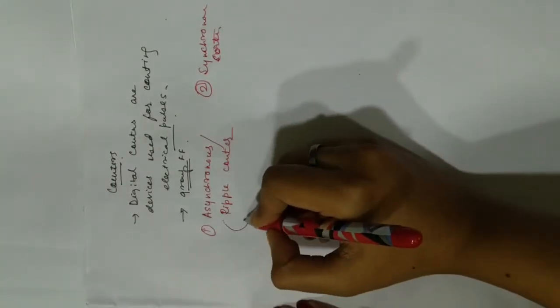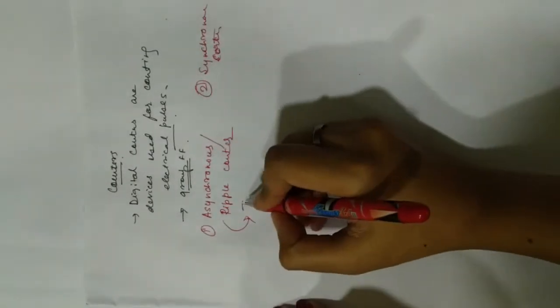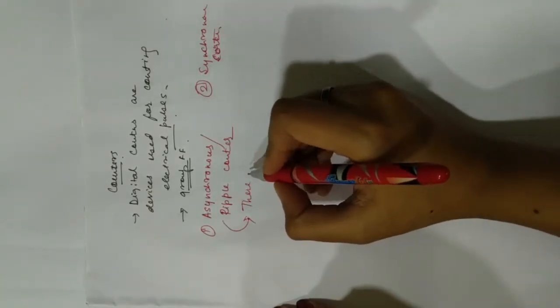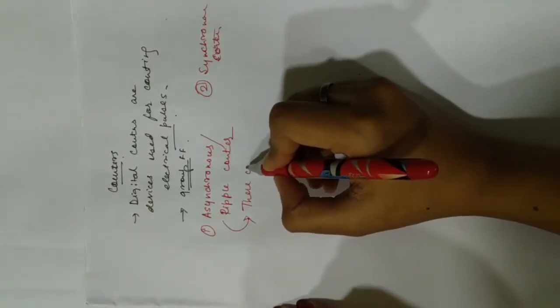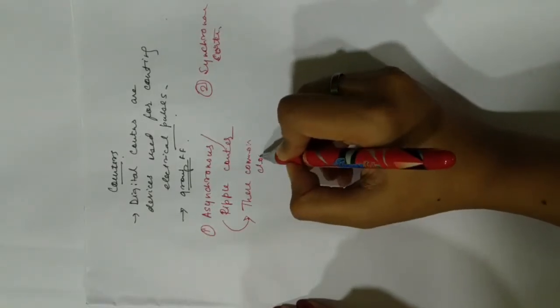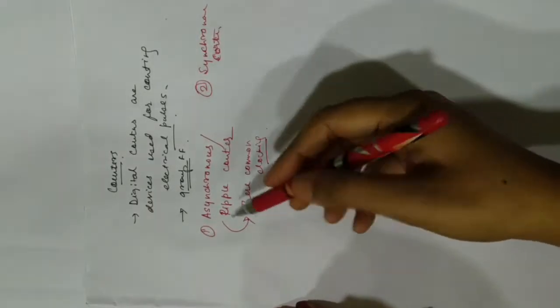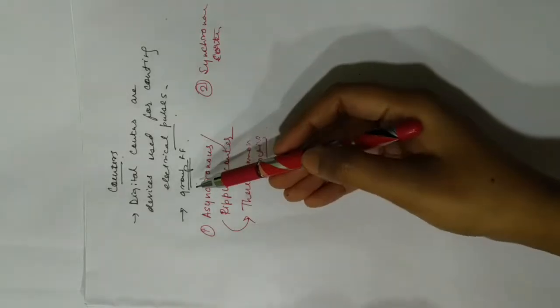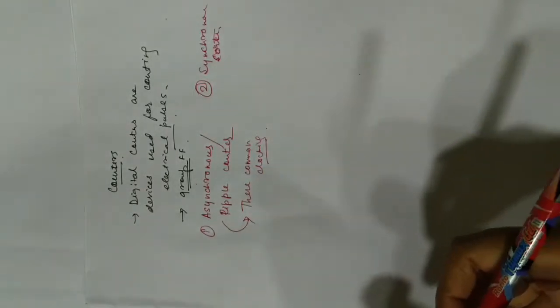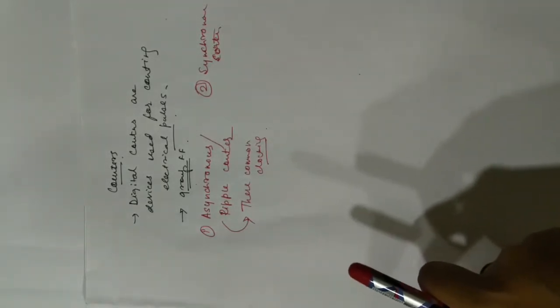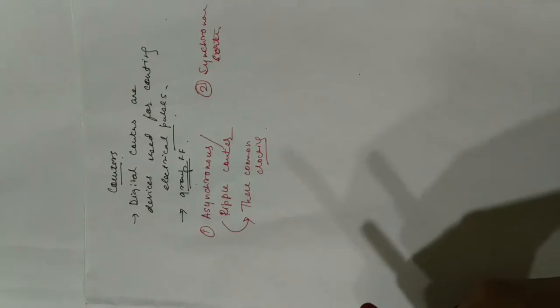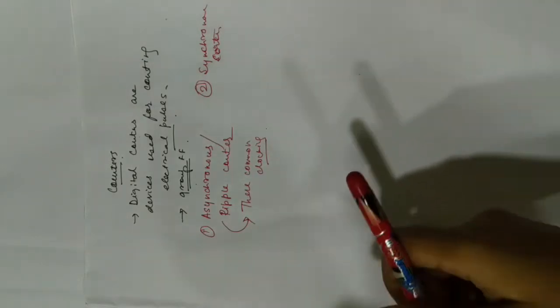Okay. So in case of asynchronous counter, there is no common clocking. You will understand it better as we draw a counter. Like I've said, it is made up of groups of flip-flops, but all the flip-flops are not connected to a common clock. In registers, we have seen that all the flip-flops are connected to a common clock, right? But in case of asynchronous counter, the flip-flops are not attached to a common clocking.